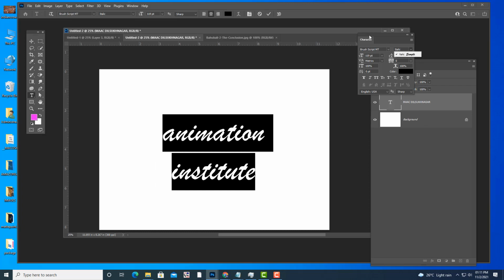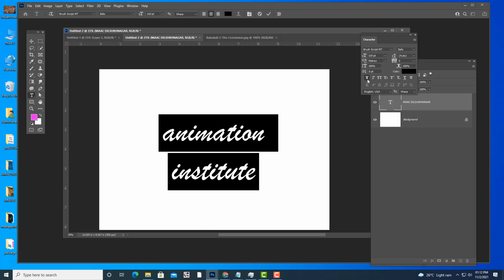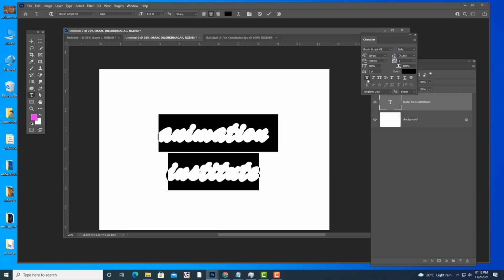See here, this font does not have a bold option. So if this font does not have a bold option, you can just simply click on this Faux Bold. See here, some fonts don't have a bold option, so for those fonts you can use this option, Faux Bold.